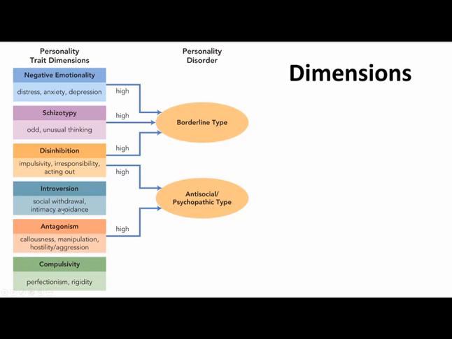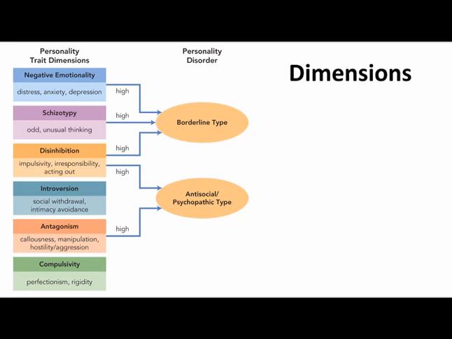We already talked about introversion, but at the extremes, we'd be looking at withdrawing from society, avoiding having relationships with people. We can also have antagonism. So if you are callous and manipulating and hostile or aggressive, that's antagonistic. And then compulsivity, if you're looking for that rigidity and perfectionism, like we talked about the example of obsessive compulsive